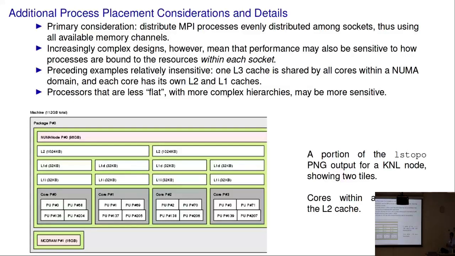So something like Knights Landing has a more complex design. This is a portion of the lstopo PNG output for a KNL node showing 2 tiles. The KNL is arranged as a mesh of tiles, and each tile has 2 cores, each of which has 4 logical threads. The cores each have an L1 cache, but they share an L2 cache. And so you actually have to be